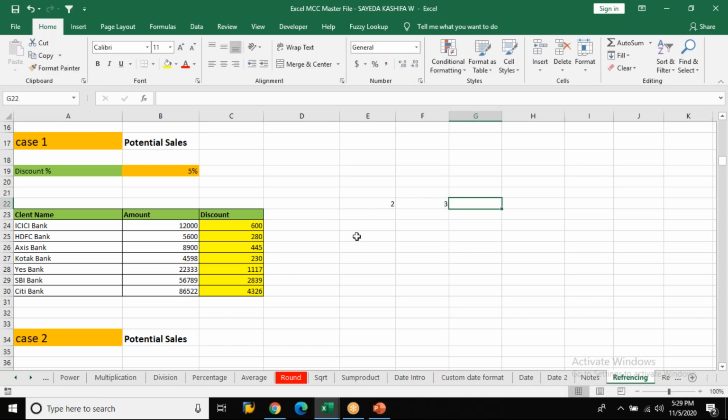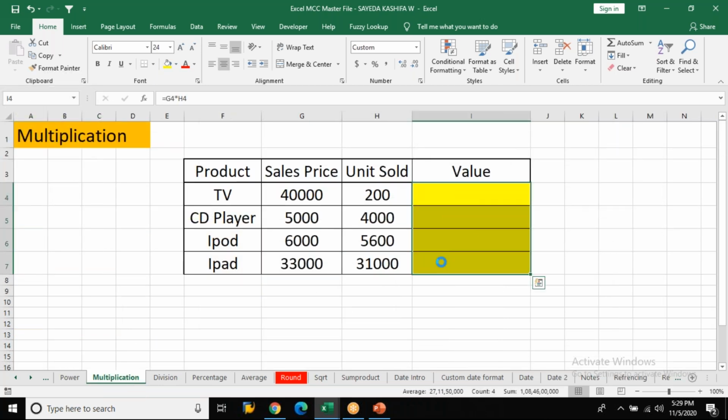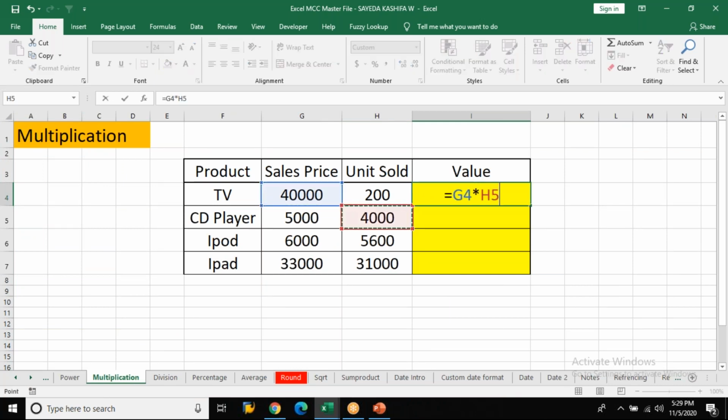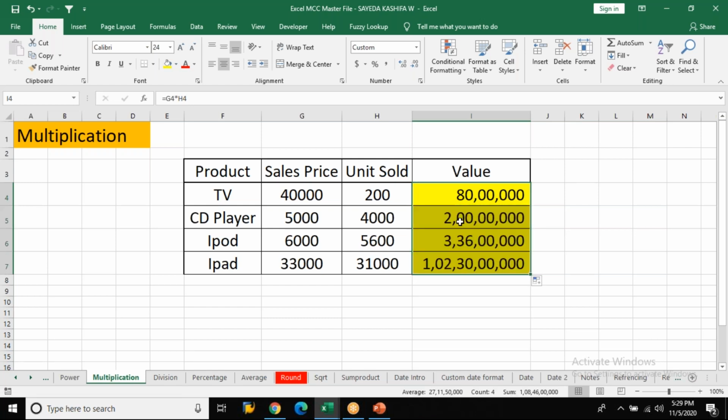So first I'll show you what is relative referencing. I think all of you know about it. I'll just take a multiplication example. If I want to multiply, it will be equals sale price into units sold. And below also same formula, same formula, same formula. I don't have to change anything. So I take to the edge of the cell, just drag it. Automatically formula will be applied to these cells also based on the above cell. That is nothing but your relative reference. That's why it's called relative. They're related. There is no change at all.